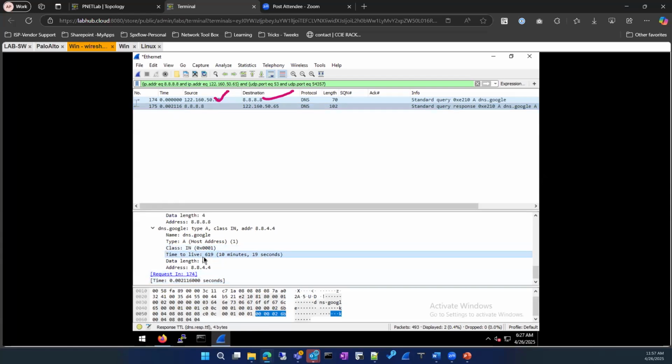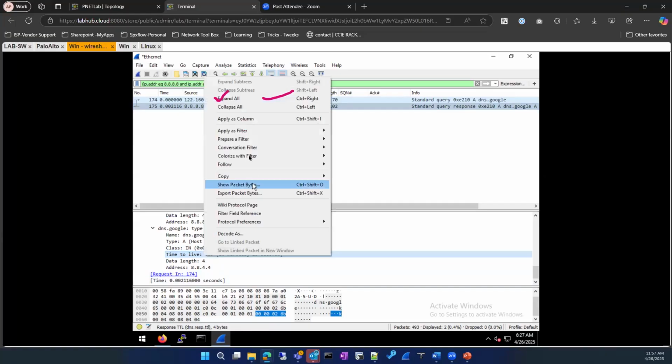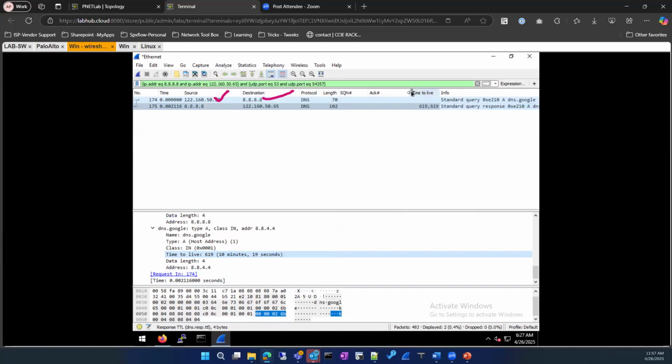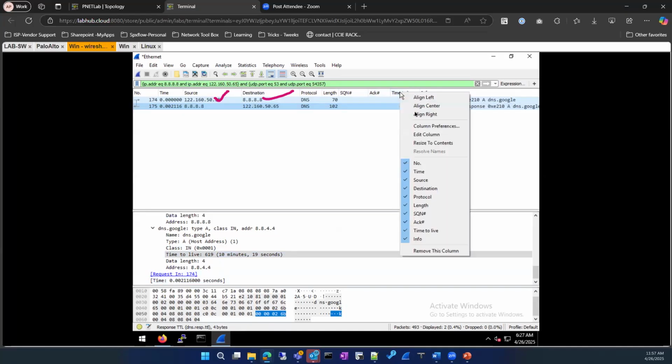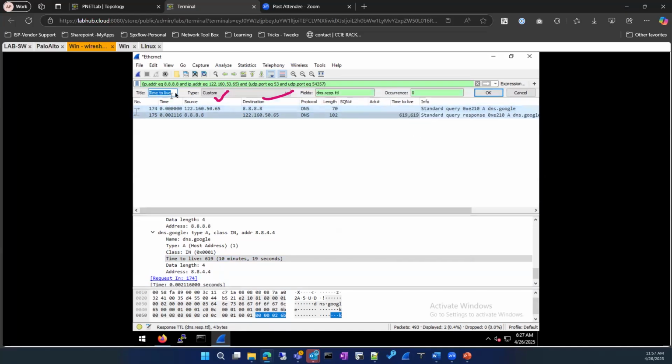The option I'm talking about is the time to live, which is 10 minutes and 19 seconds. This particular record is active for 10 minutes and 19 seconds. I'm going to apply this as a column here. You can right click on it, edit the column, and give it DNS time, DNS TTL. If I click OK,